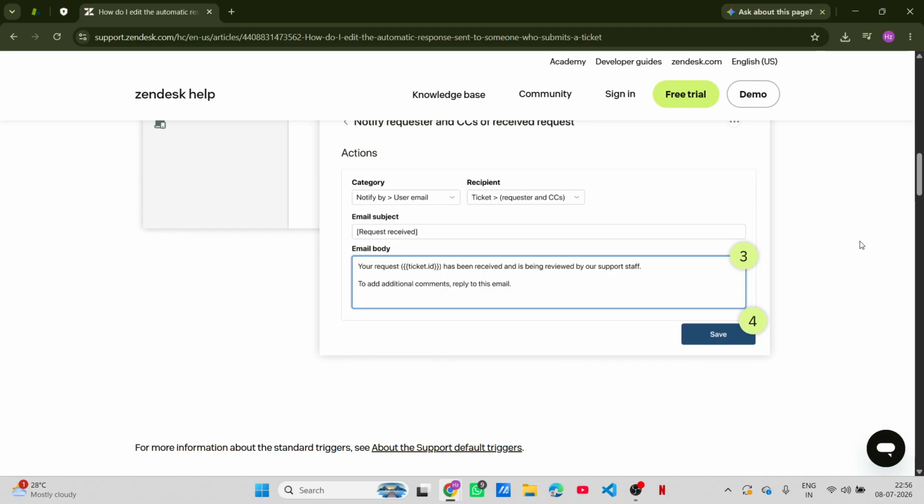Remember, keeping your auto-reply updated can greatly enhance the customer experience, ensuring they feel acknowledged and informed right from the